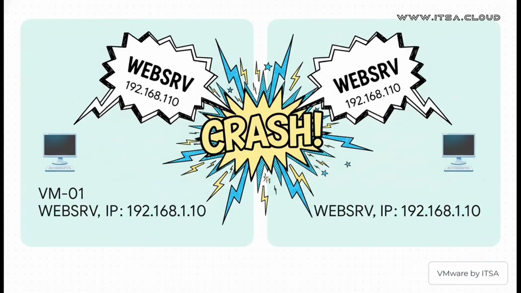And right here, this is the heart of the problem. Your brand new VMs are exact copies. I'm talking same hostname, same IP address, and for anyone in a Windows world, this is the big one, the exact same security ID, or SID. They're all on the network screaming, "I'm WebSRV," at the same time, which is just chaos. But that duplicate SID, that is a ticking time bomb for your security, creating massive authentication issues within your domain. It's a total network nightmare.